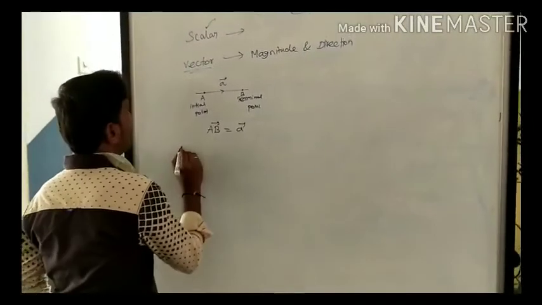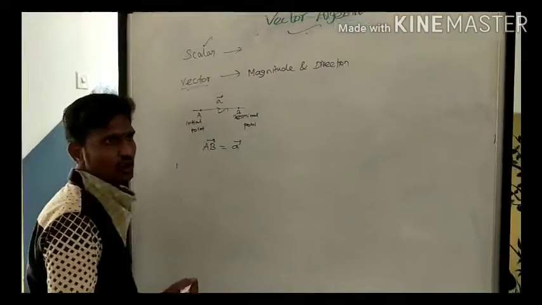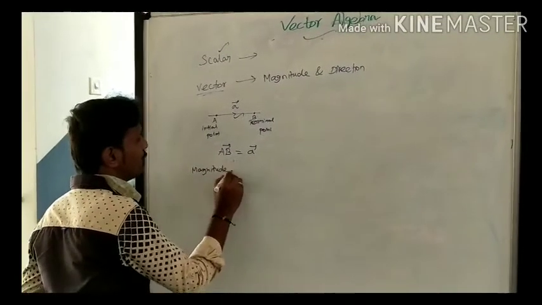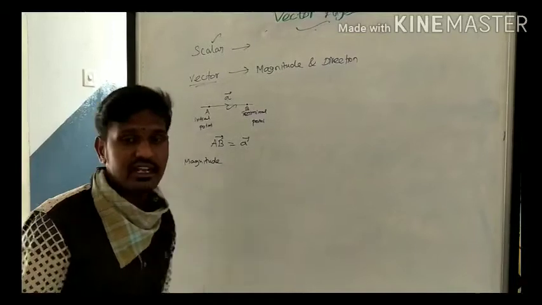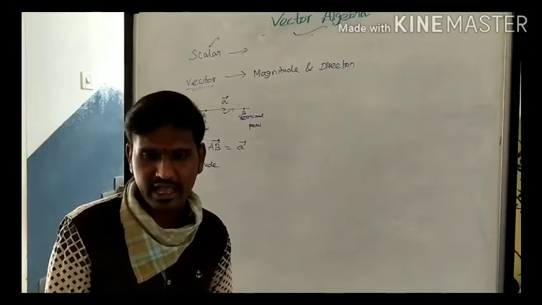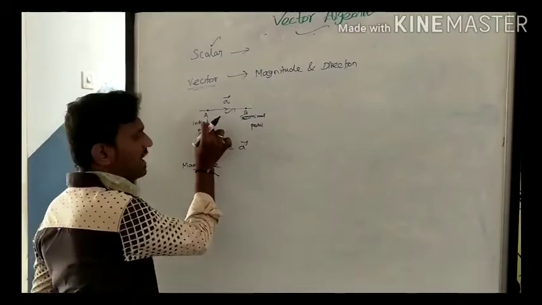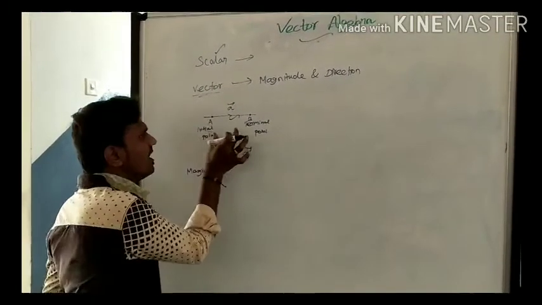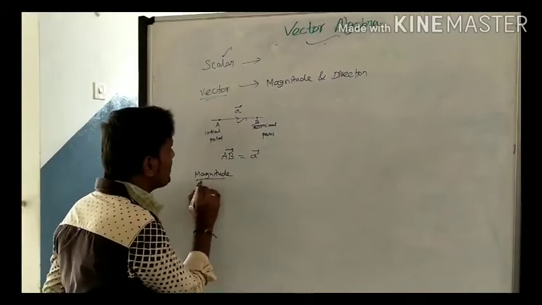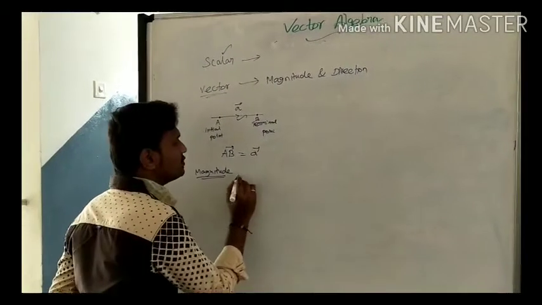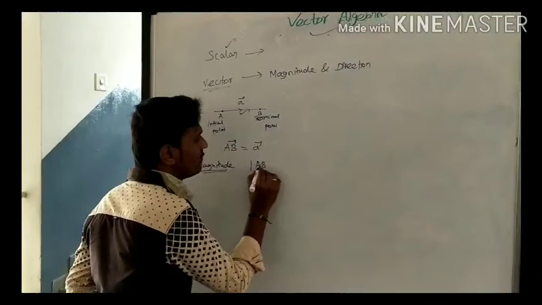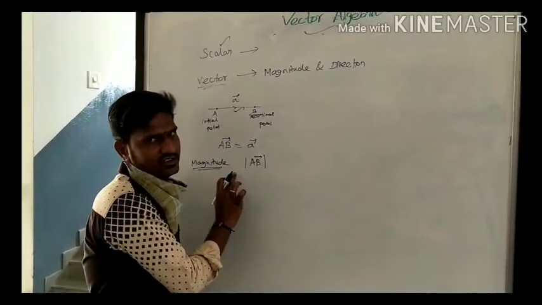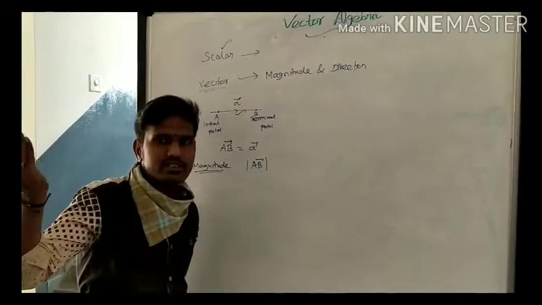Next, coming to magnitude. So this is the direction, you know that. And next one I'm coming to magnitude. Already I told you what magnitude is, which is the value. Value means the length of the vector. Suppose we have the starting point here and the terminal point here, the length of the vector is mentioned by magnitude, which is represented by modulus of AB. Don't confuse it, it is not a determinant. Modulus. Determinants we have already studied in matrix.